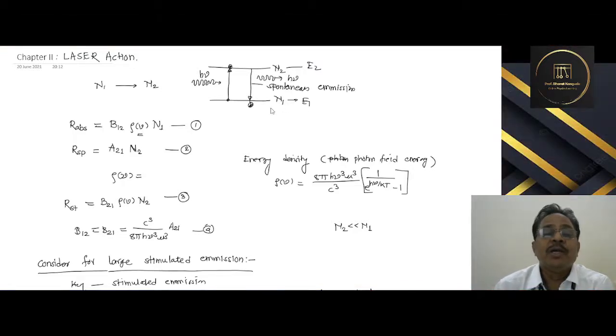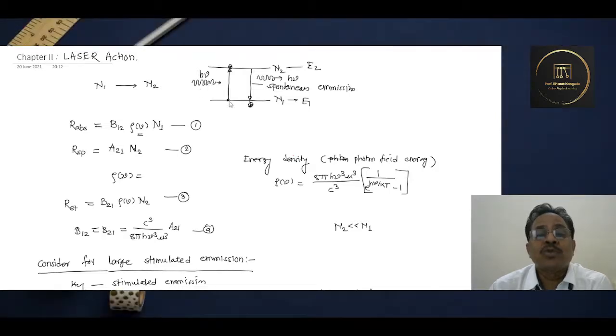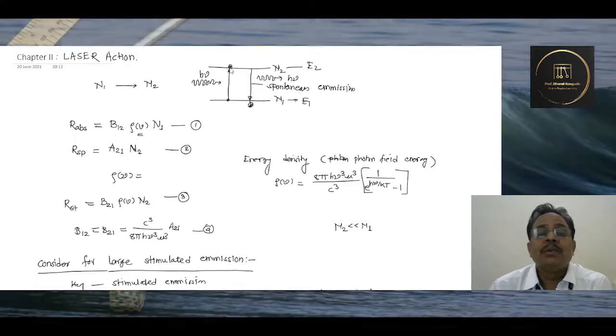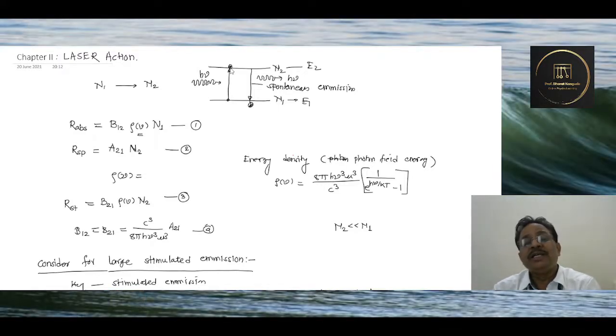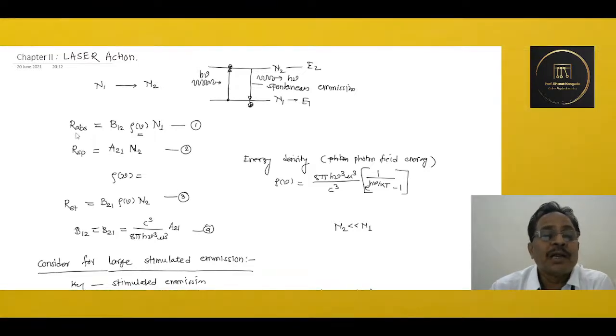This number is given to be N1. By absorbing certain radiation of some fixed frequency, that is h nu, where h nu is the energy and nu is the frequency, if these photons are absorbed, the atoms are raised to the new level, the energy level E2, which is separated by this energy distance. That's how the number of atoms occupying this state E2 is called N2. So this is absorption, a simple process, where the absorption rate RABS can be calculated by this expression given here.